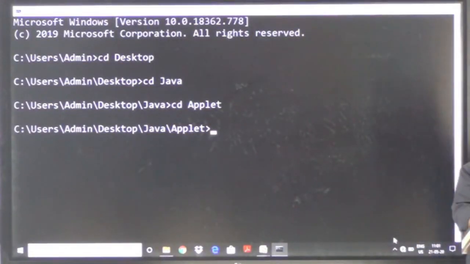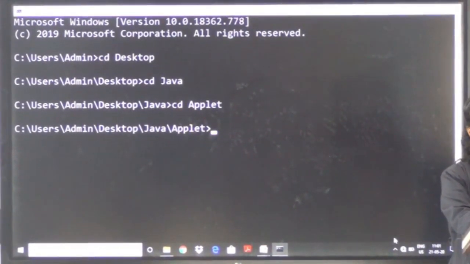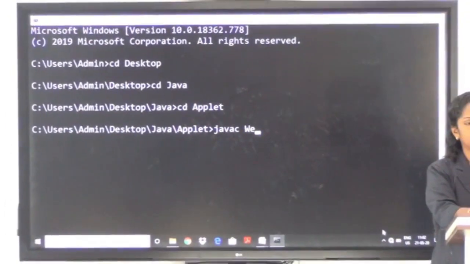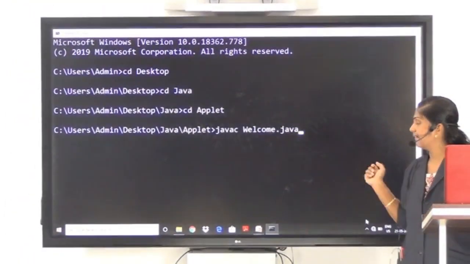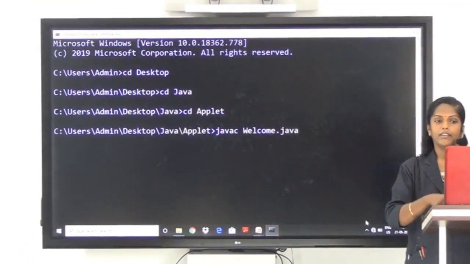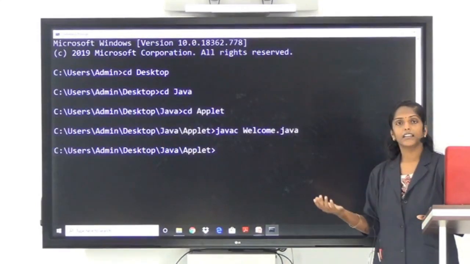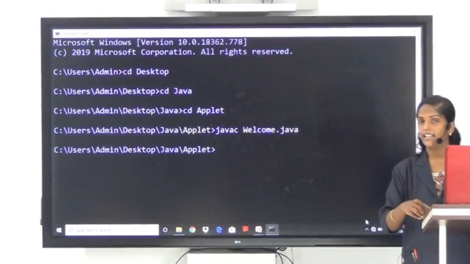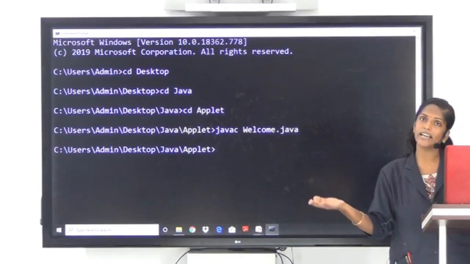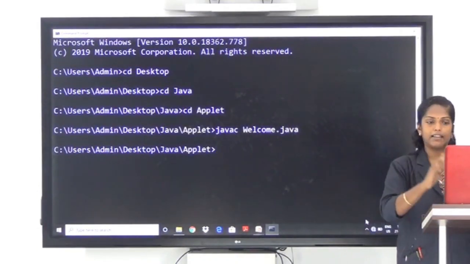Our program name is welcome.java. So we first need to compile our program: javac welcome.java. It got compiled. Now it will generate a class file with the name welcome.class. We have already embedded that class in our Java source file.